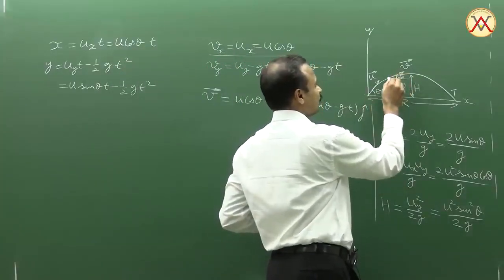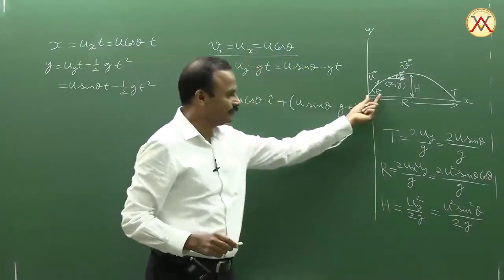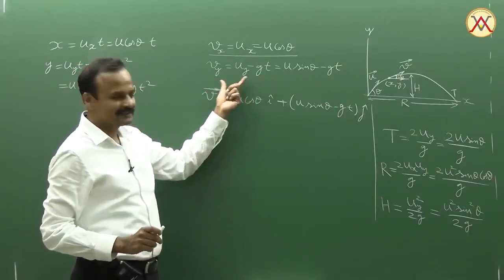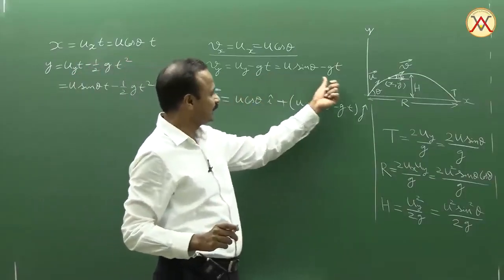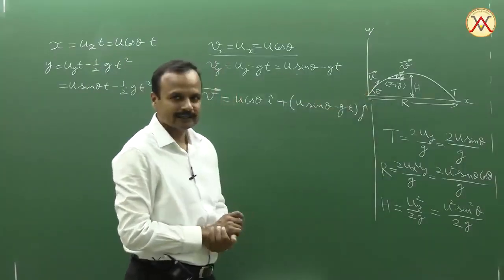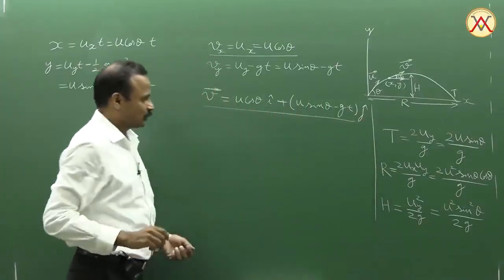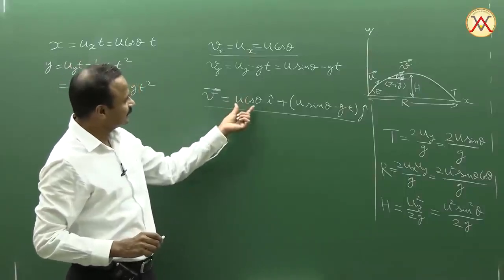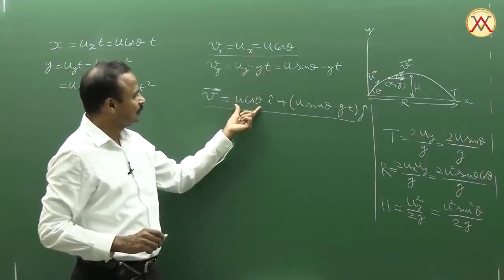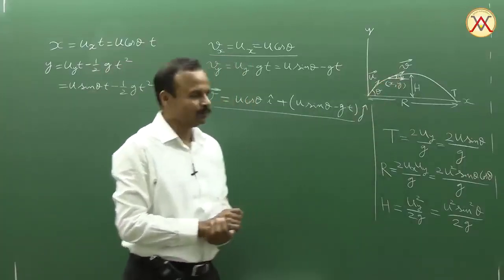Even if the projectile has moved from here to here, the x component of velocity Vx is same always. The y component of velocity is given by uy minus gt, the first equation of motion, which can also be written as u sin theta minus gt in terms of magnitude and direction of initial velocity. Now, if you want to write the velocity vector of the projectile at any given moment, you can simply put it as Vx i cap, where Vx is same as ux, plus Vy j cap. So this is the velocity vector of projectile at any moment.